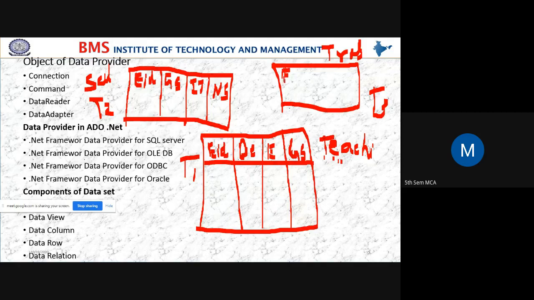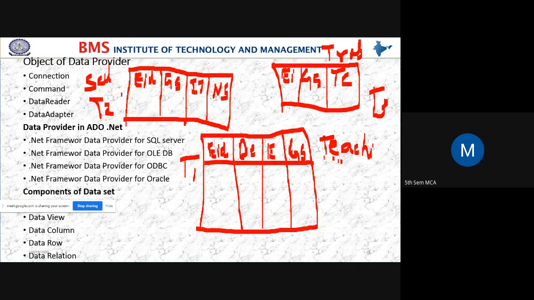Yes, students, can you see the three tables, and which are the fields of these three tables? In T1, employee ID, department, experience, gross salary, and many other fields.